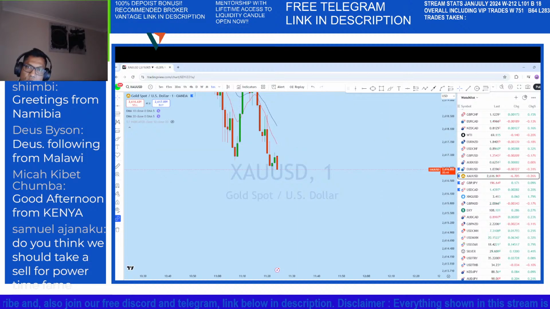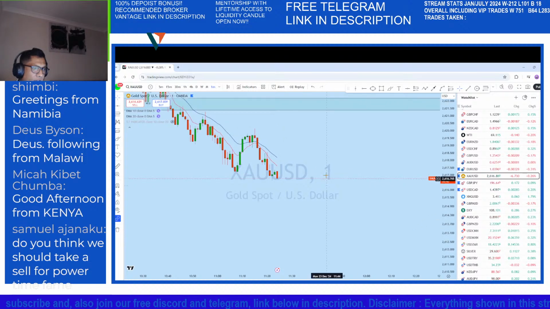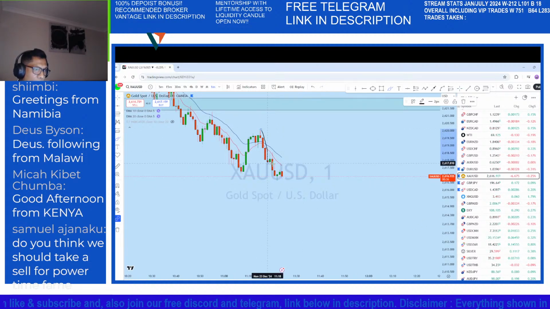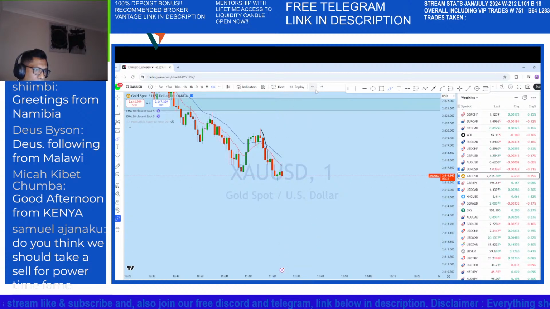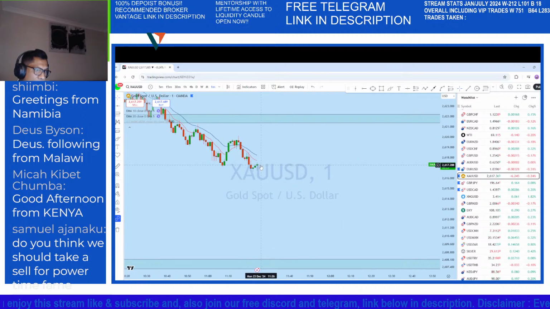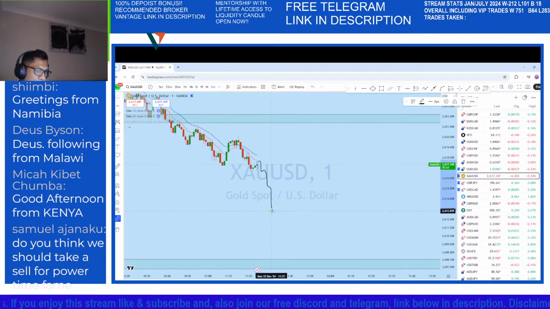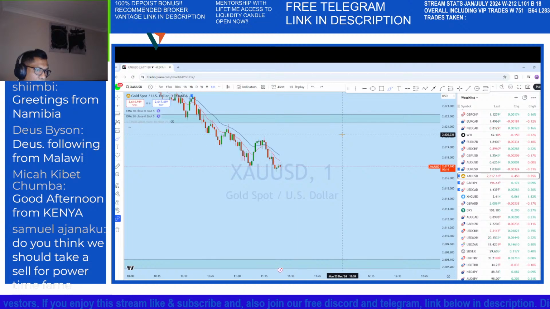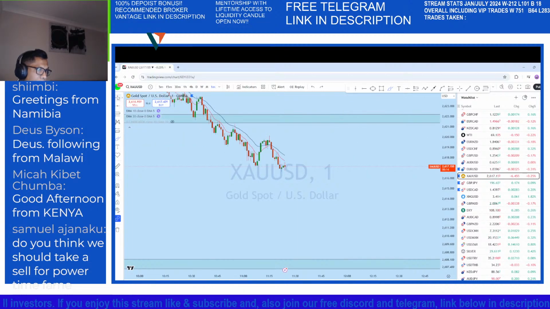Are you guys with me? So for entry, we have already seen a local downtrend here, a pullback, another pullback. So the market may continue to drop in that direction. We will be waiting to see it come in that direction to that support level here. Okay, so looking at it from that point of view,